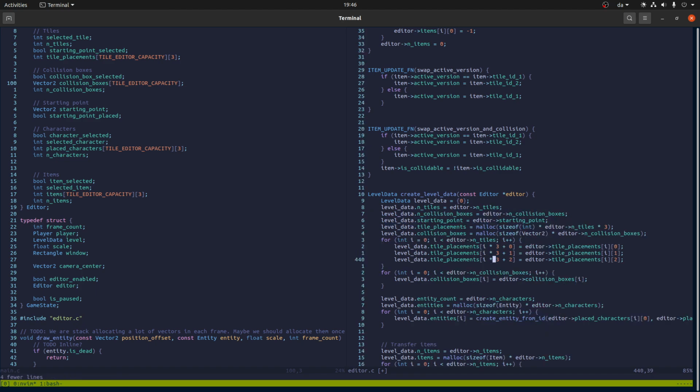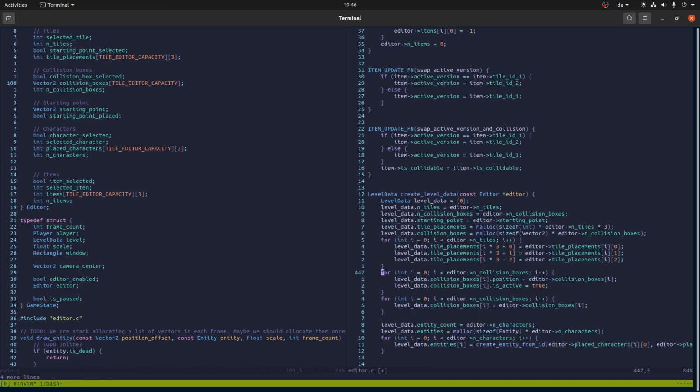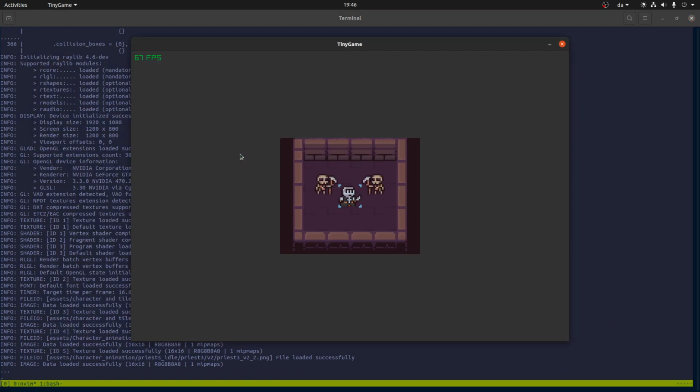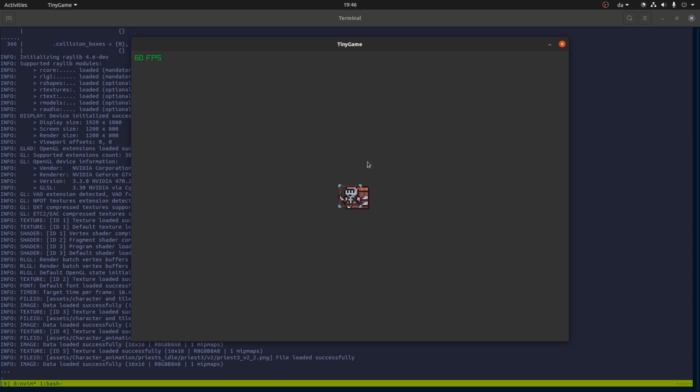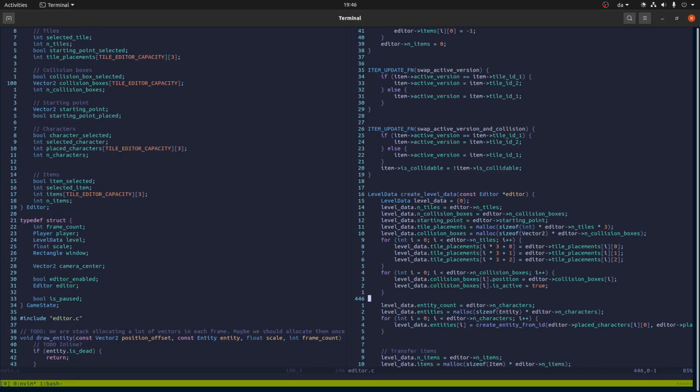So here we assign the thingy, and here we assign the other thingy. Okay, now it compiles. Still no collision box. Because